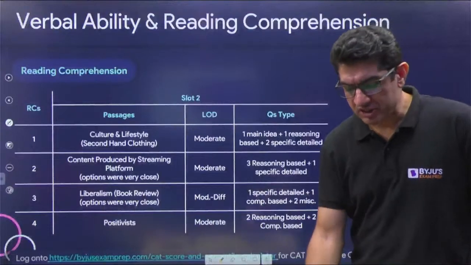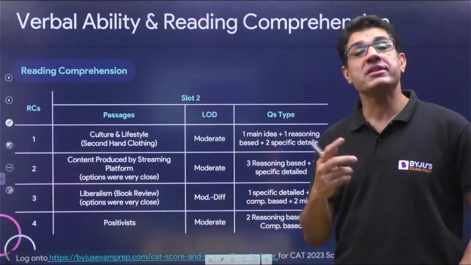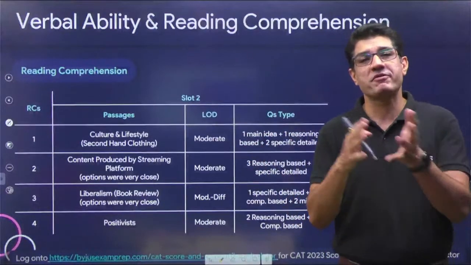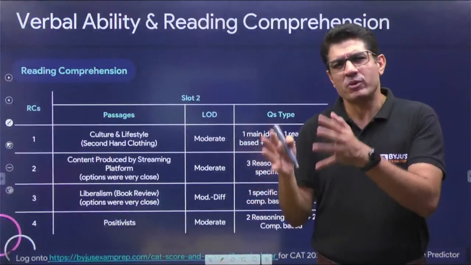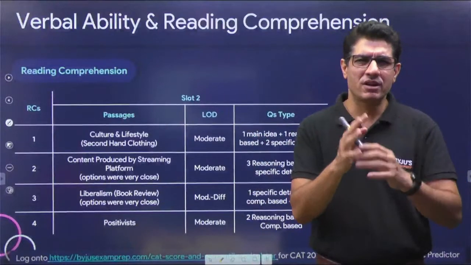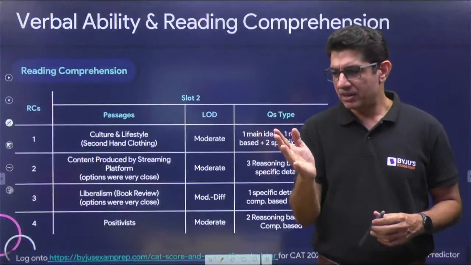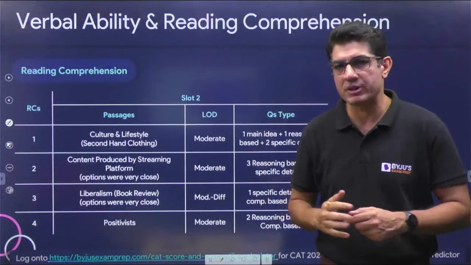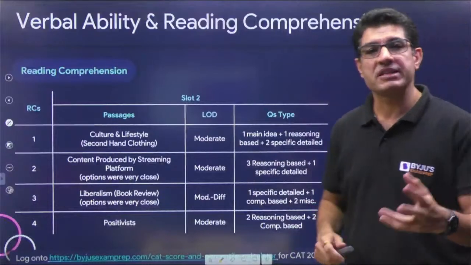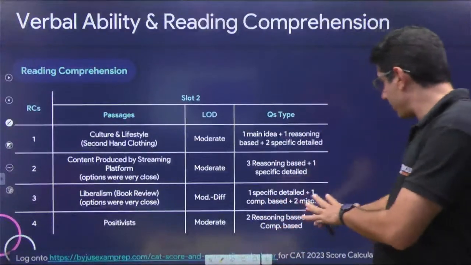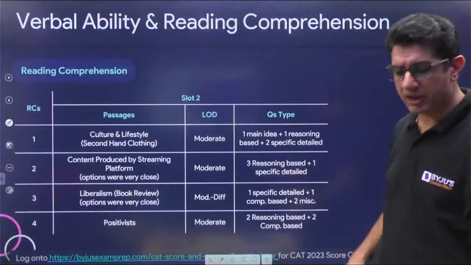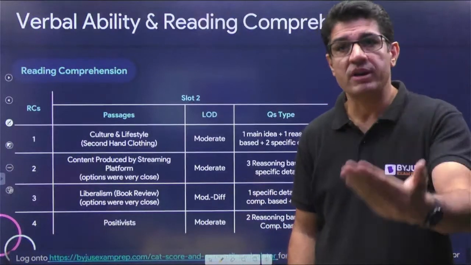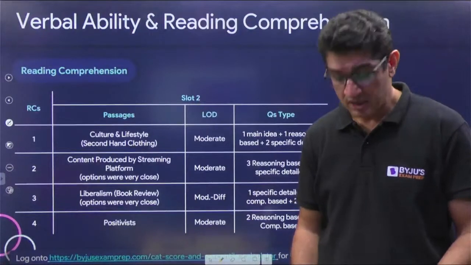Then there was a question which I found easy: why were the Davos elite mentioned? You remember we often talk about the purpose of an example or an illustration. I think the answer was the one that had hypocrisy involved in it. In that context, I felt this was an easy question, but the other two questions were once again tricky. I'm not able to recall them. We're just using miscellaneous as a placeholder for the time being, but once we are able to recall it, we can definitely go ahead and talk about it.